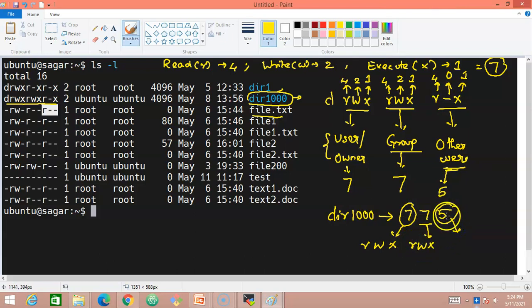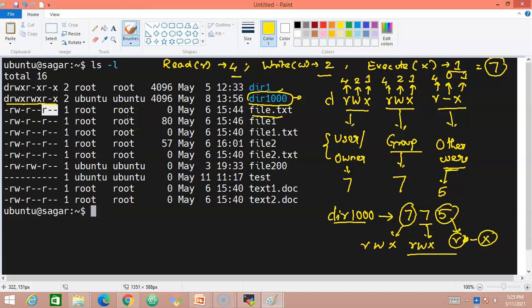And finally, this numerical value belongs to other users, and we should understand this directory has read, which is 4, a hyphen, and x. So only read and execute permissions. This is how you should understand read, write, and execute permissions in the form of numerical values, and how you can work out for every file or directory the numerical value of file permissions by analyzing the existing read, write, execute permissions.